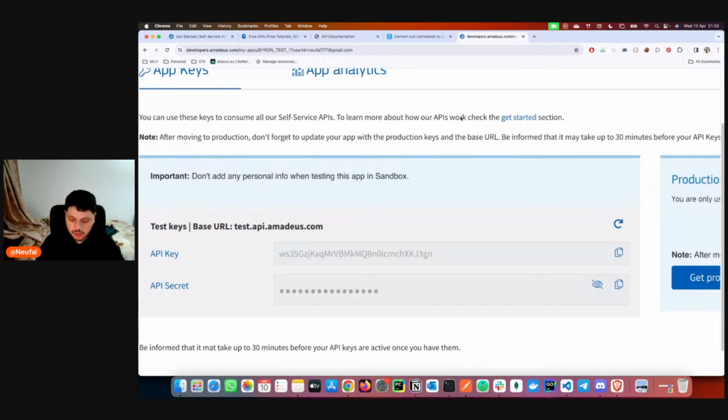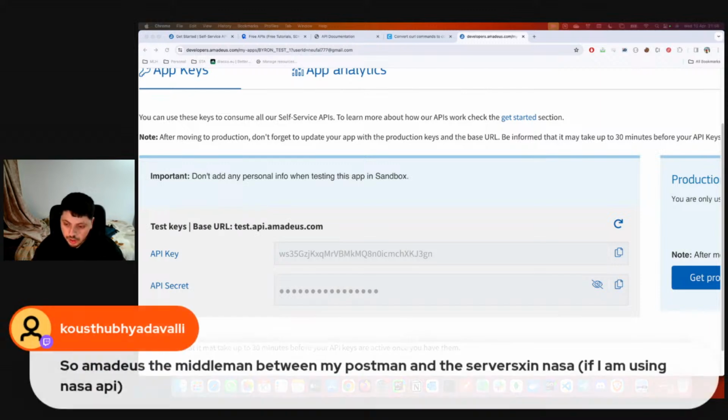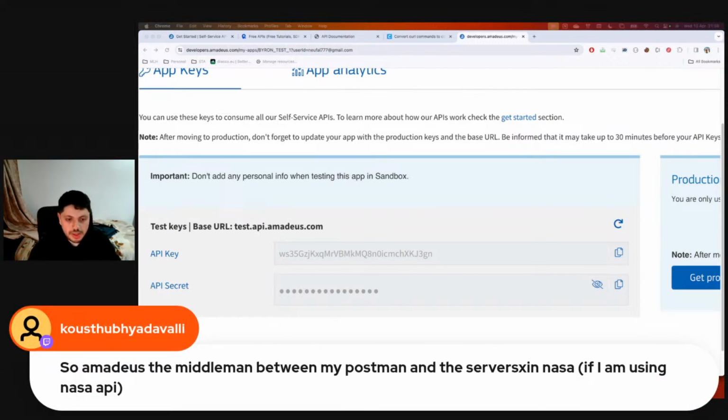We just use Amadeus to say, hey, show me the flights you have from the airlines, and let me just book a flight for my client, aka the user that's using the API. So Amadeus is the middleman between my Postman and the servers.